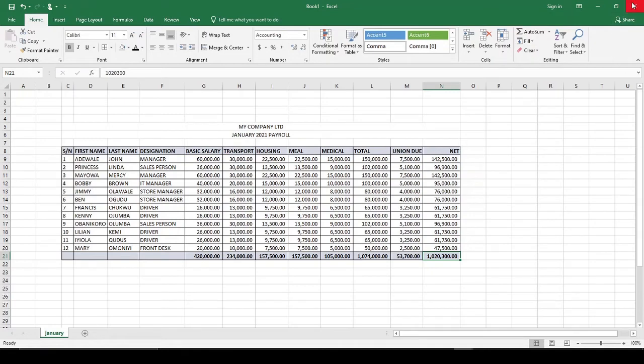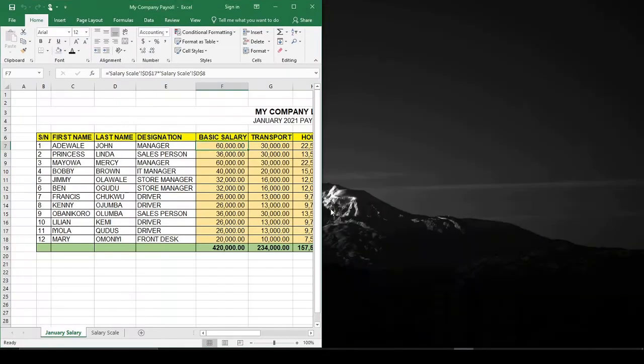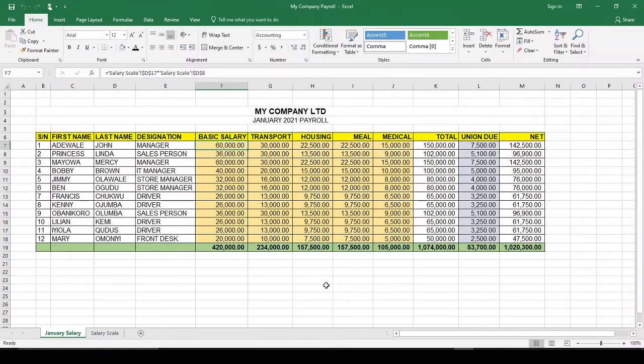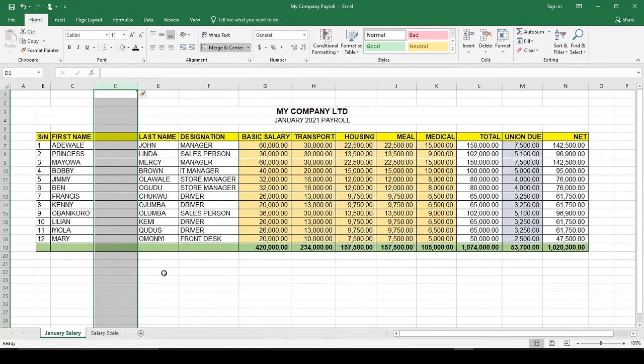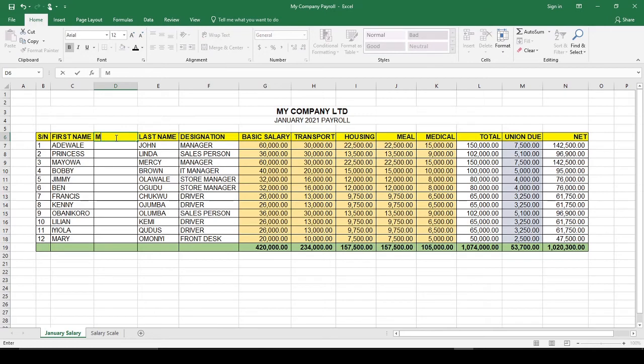So in that aspect, we like to move away from working with numbers today. We want to work a little bit with letters. So today I want to add a new column for middle name. And let's see what happens, how we can join these things together to form,